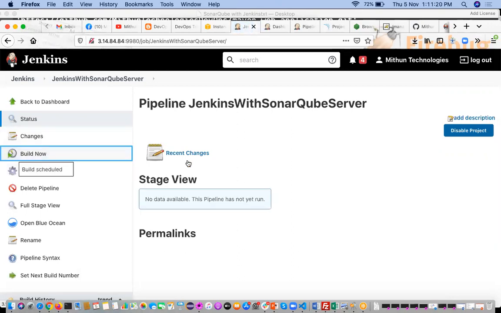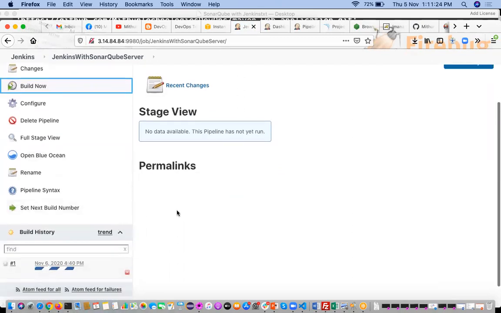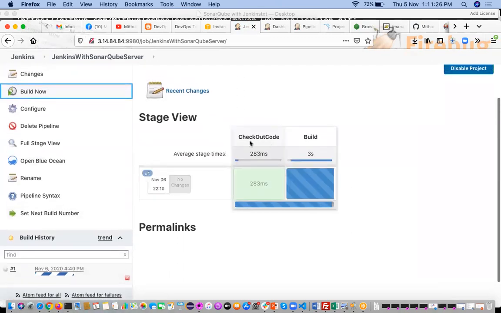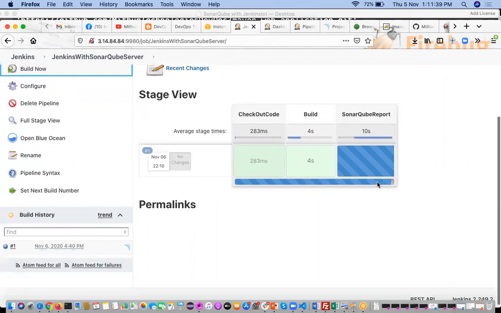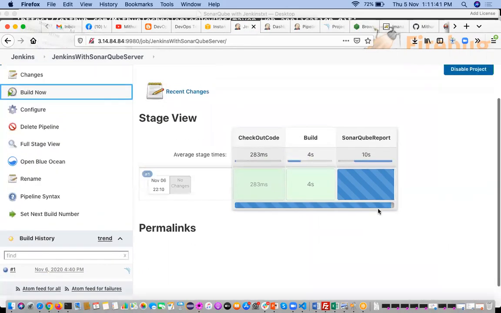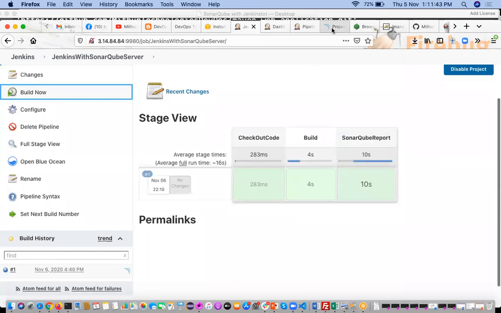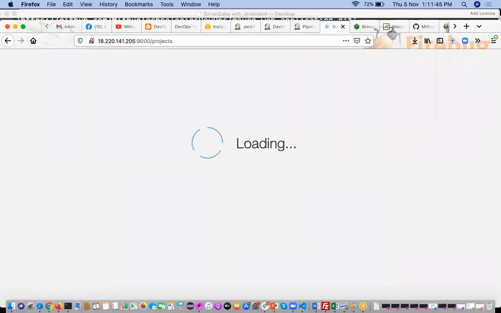Click on Build Now. Now if you see, the first stage is getting the code from GitHub, then it is going to do the build, then it is going to execute the SonarQube report. Once the SonarQube report is over, it is successful.